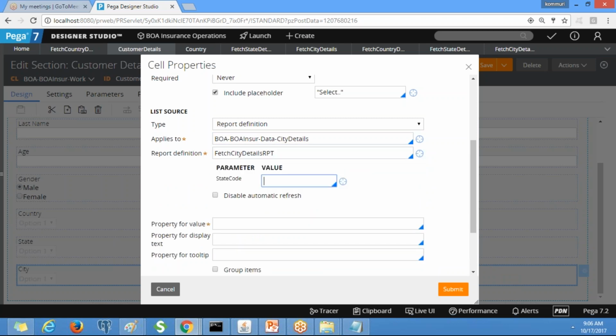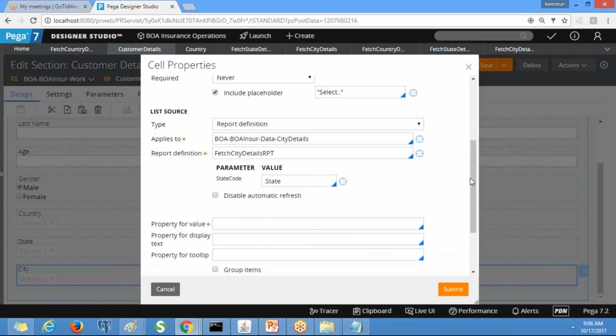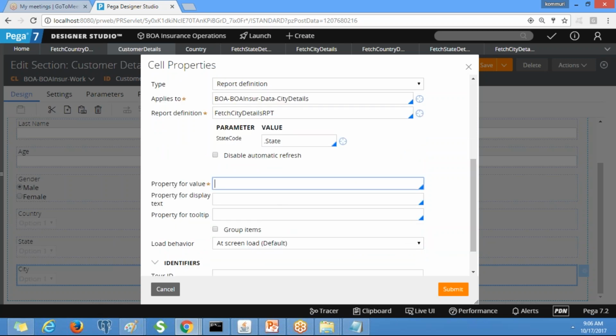What is the state code here? What is the parameter? State. Not state code. If you select state, the state code will be passed. Property for value, city code. Display text is city name, right?